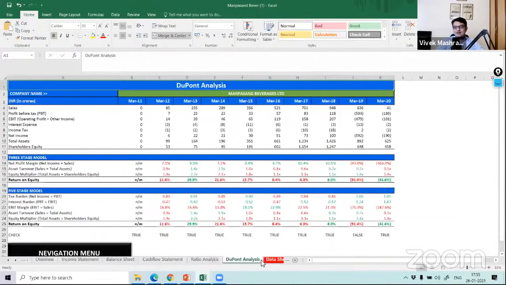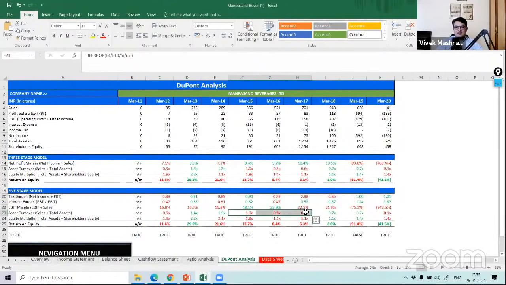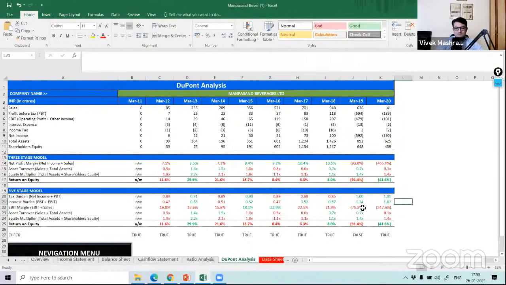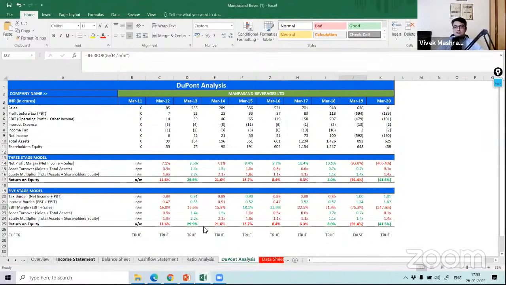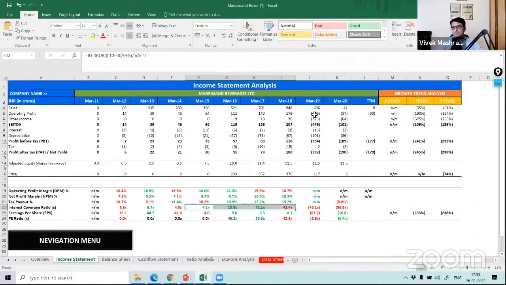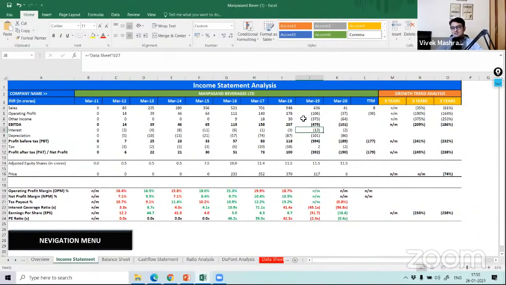Then you go to DuPont analysis and see what other factors there were, why the margin was dipping, why the debt was needed if they are generating the cash flow, right? So all these questions should come automatically. The asset turnover was dipping. Then suddenly their EBIT margin turned negative, why they started making losses. So all these questions should trigger: why is this happening, what is this other income, why is a major portion going into other income, whether they are hiding something or not.